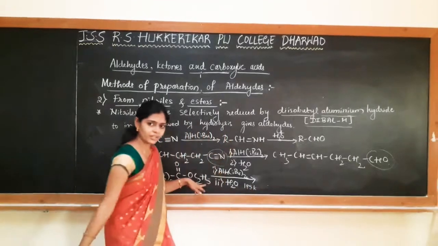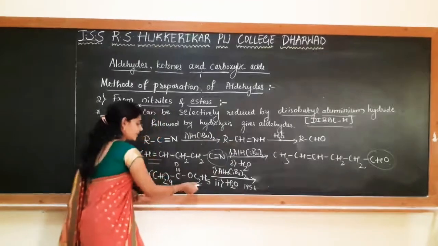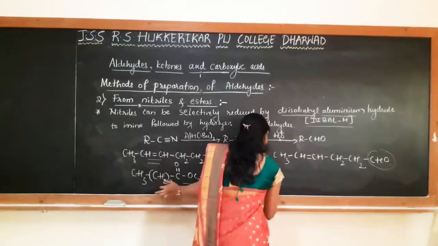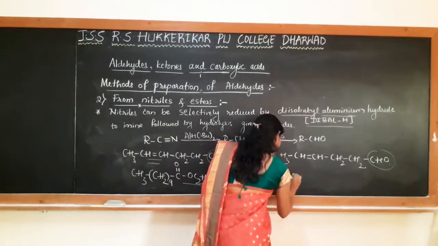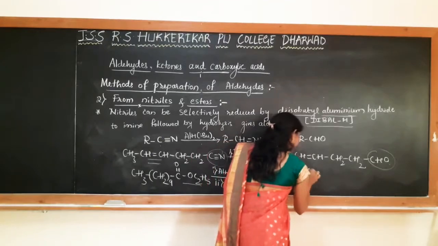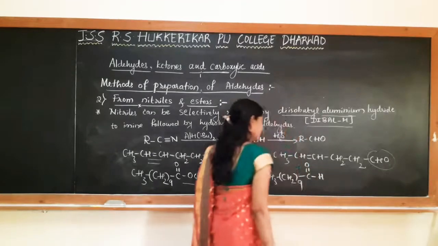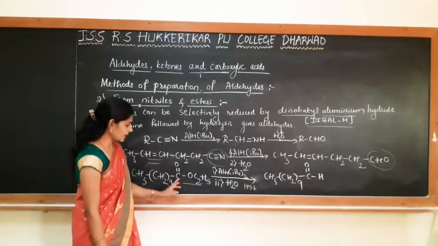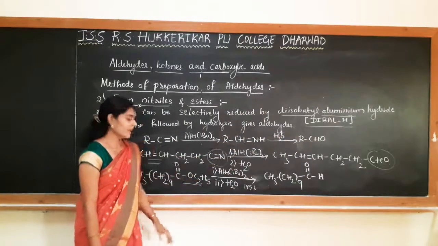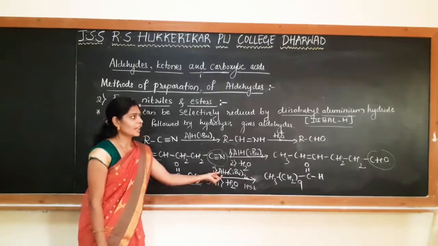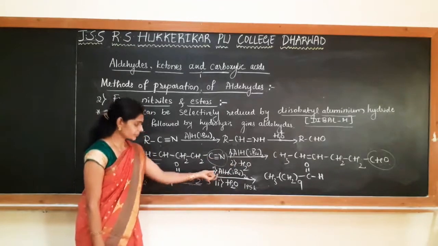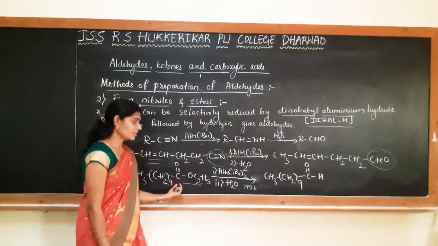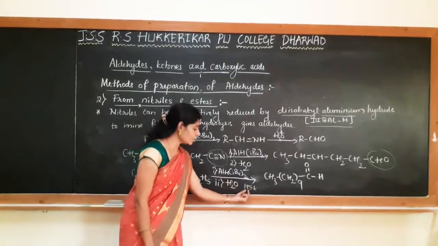At a lower temperature the reaction takes place so that ester is directly converted to the respective aldehyde. So I will get here the compound CH3(CH2)9CHO. Okay, so this is the compound that I get as a product. So directly ester is converted to the aldehyde by the use of diisobutyl aluminium hydride as a reducing agent. Remember this, to get the aldehyde from ester, we have to use this reagent at a lower temperature.